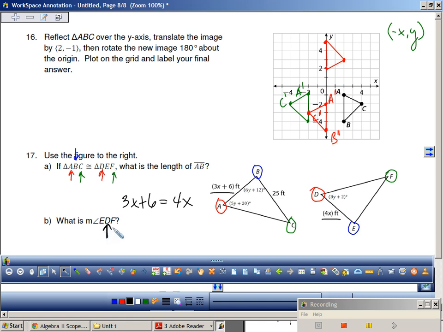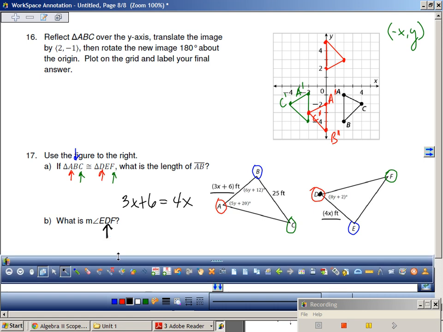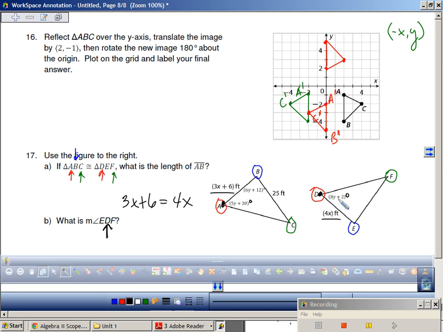It's always the middle one. See how I'm saying EDF? It's this one right here. So if it's D, which one is its corresponding angle? Here's D. A. That's this one. They gave us an angle in here. If A is congruent with D, then its measure is the same or equal. So I would just say 5y plus 20 equals,